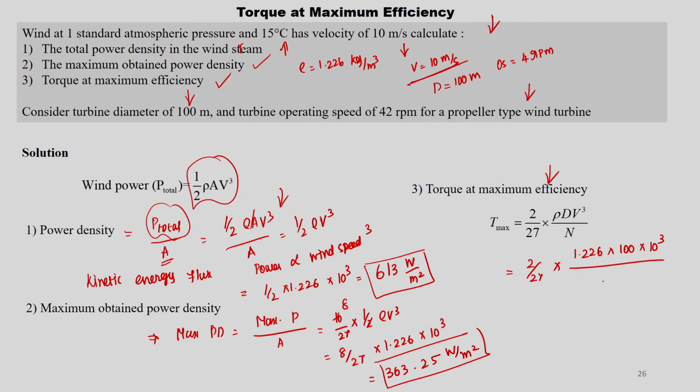Here n is rotations per minute. Remember here minute is given, but in the other data V is in meter per second, so you are supposed to convert minute into second. That is why we are converting 60 seconds as 1 minute. So, 40 upon 60. If you calculate this, what you would be getting is 12974 Newton, because torque is nothing but a force, so what you get is in terms of Newton.